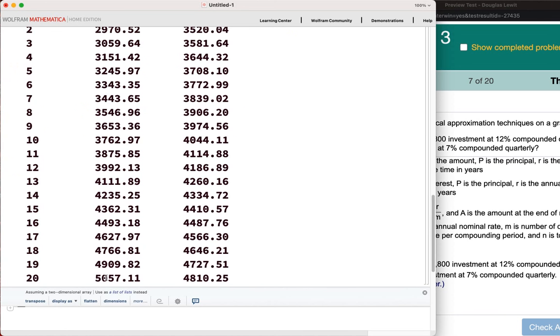You can see here, after 20 quarters, the first investment is more than the second investment. What about after 19 quarters? What about 18 quarters? What about 17 quarters? What about 16 quarters? So you can see here at 16 quarters,